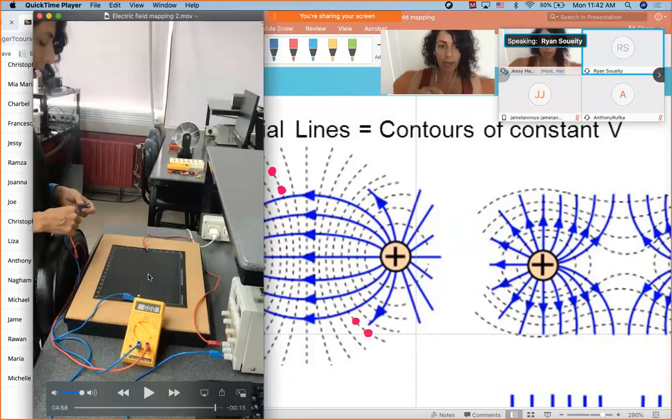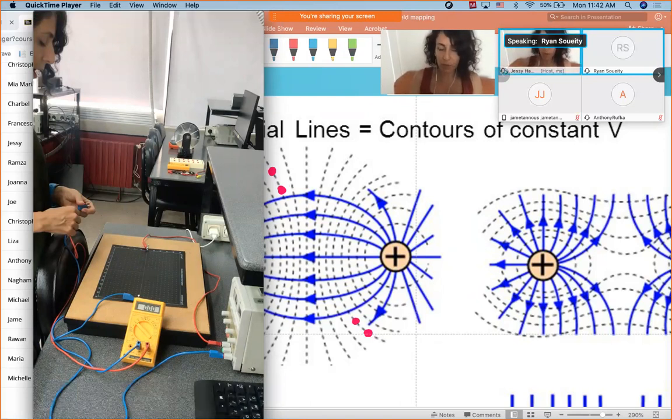Excellent question, Ryan. I use one of the terminals. Let's assume the red to be my reference. And the blue terminal would be the one finding the points. When I finish one line, I move the red and find another line again. So I'm using the red to be my reference. Otherwise, it will be messy and I won't be able to tell how the lines are spread around the paper. So fix one terminal, let's say the red, move the blue. You draw the line, you're done.